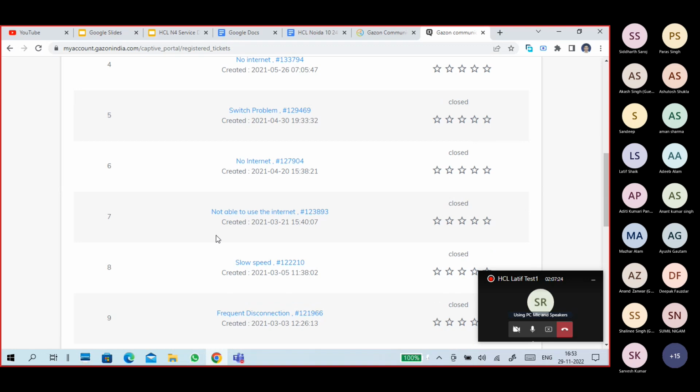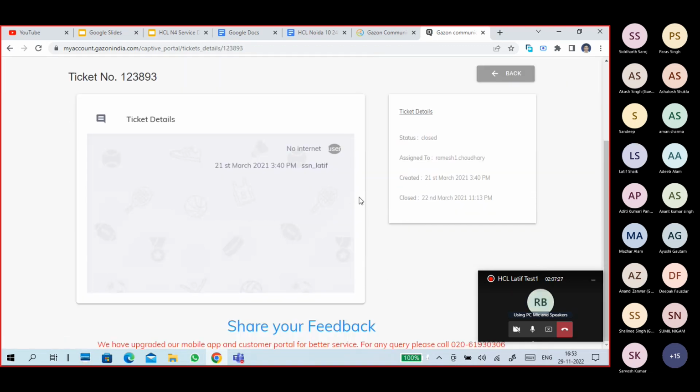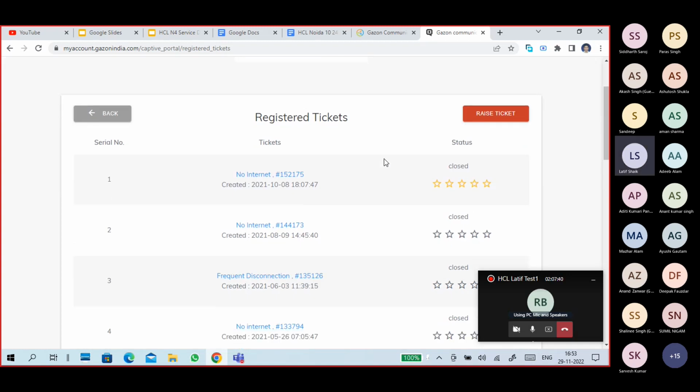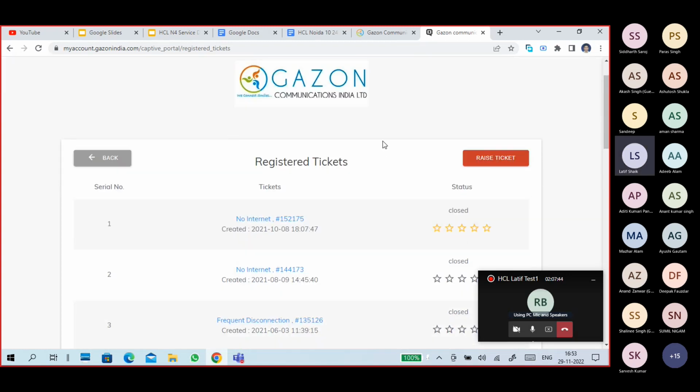Frequent disconnection. Yeah, tell me. If a customer raises a ticket and the problem is resolved before it is assigned to a service desk person, can the customer close the ticket by themselves? No, maybe it depends upon their self-help portal. Maybe the problem is resolved, no need to do further troubleshooting. But generally there is a callback method, so they will ask how the issue is currently, so they will raise it.